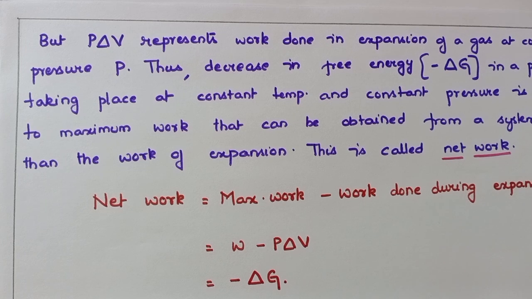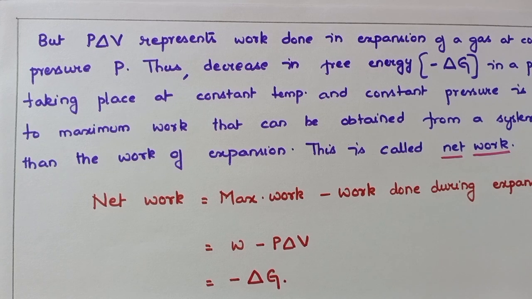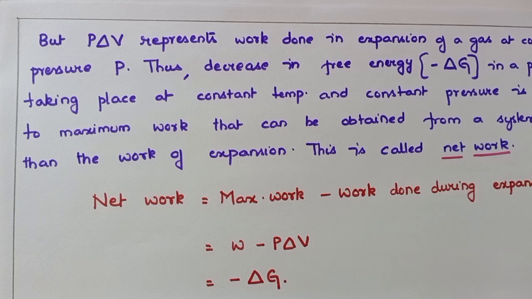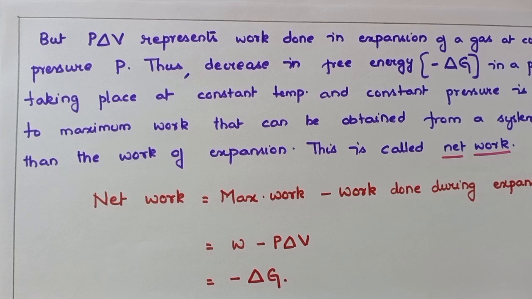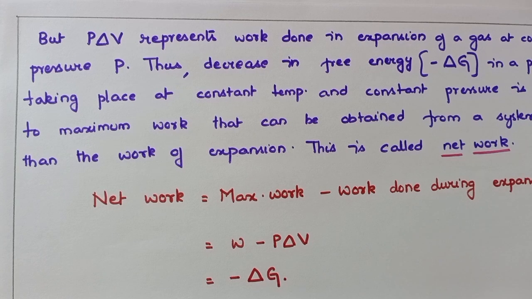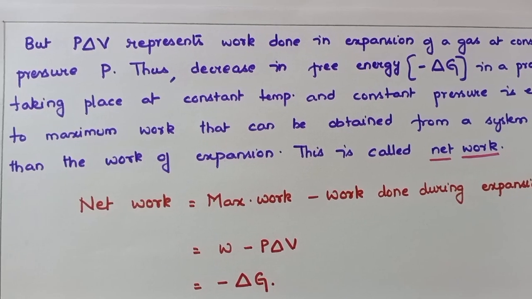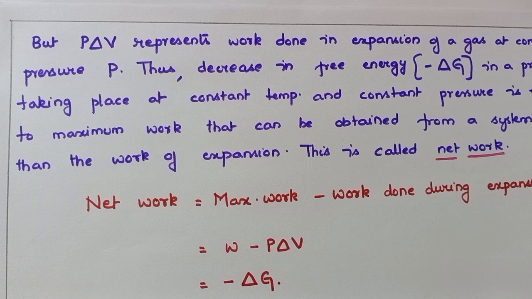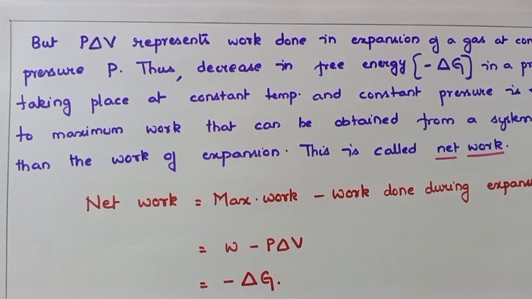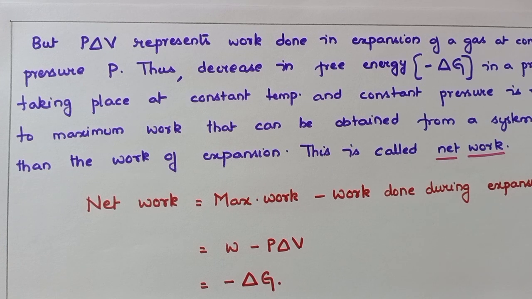Thus, decrease in free energy, minus delta G, in a process taking place at constant temperature and constant pressure will be equal to